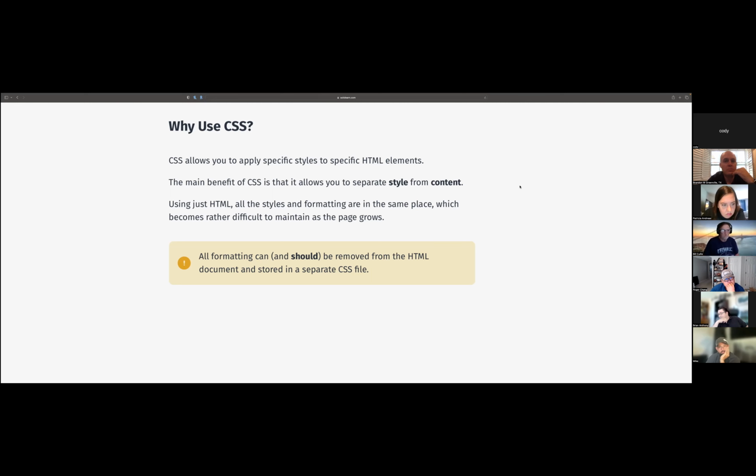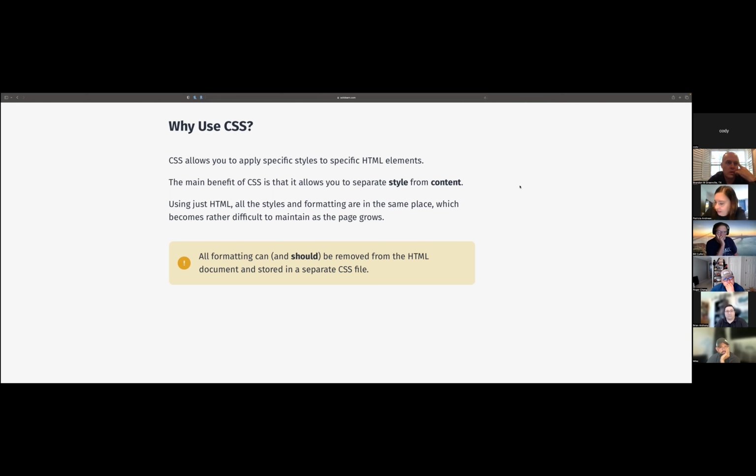So generally speaking, the vast majority of your styling should be done in a separate file, but if you're just doing one specific line, where none of the rest of your document is going to be different, it's fine to use inline